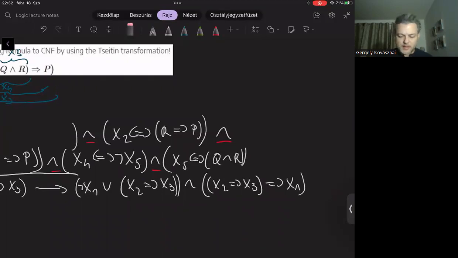And similarly, I have to translate this implication to disjunction like that. So basically, as you can see, I immediately got close here. So we are heading towards a CNF. But first we have to deal with the second implication. Well, the second implication we have to deal with in the same way. We must negate the left-hand side of it and use a disjunction here. And of course, we have to